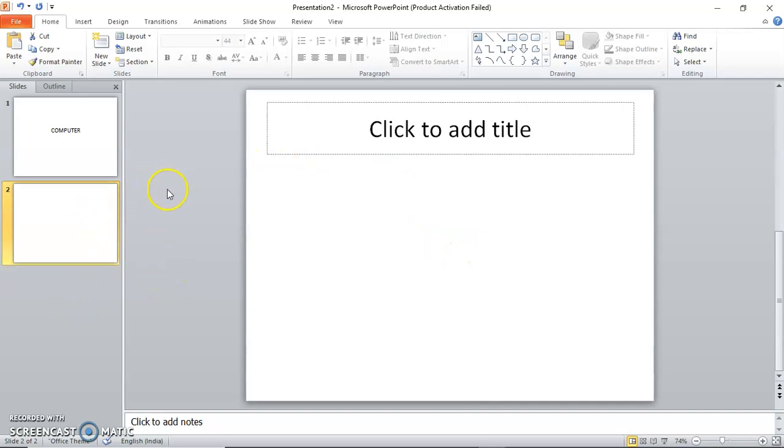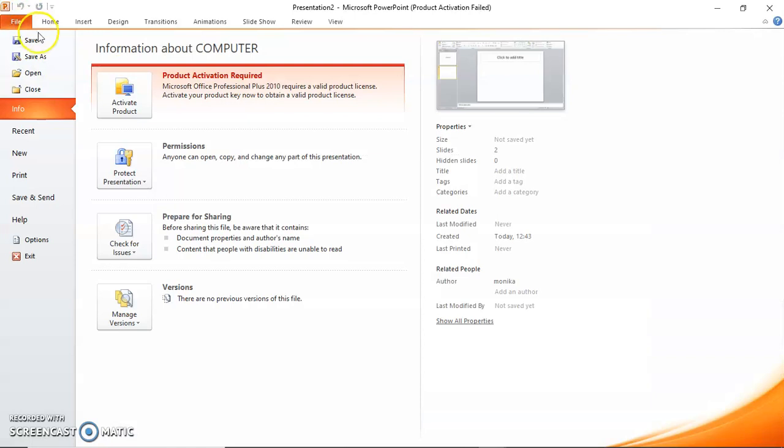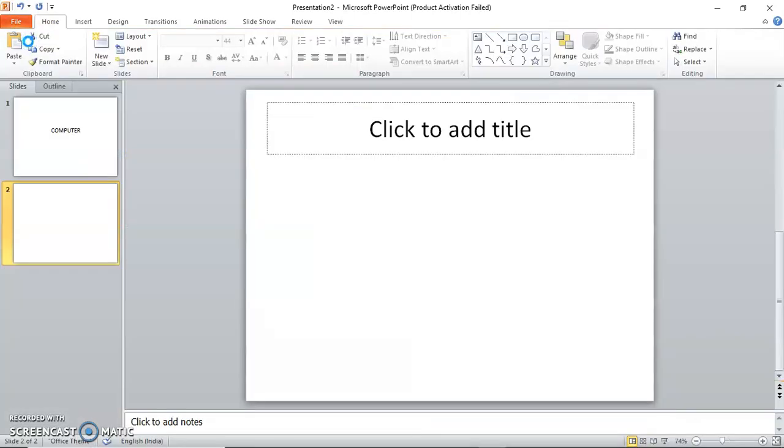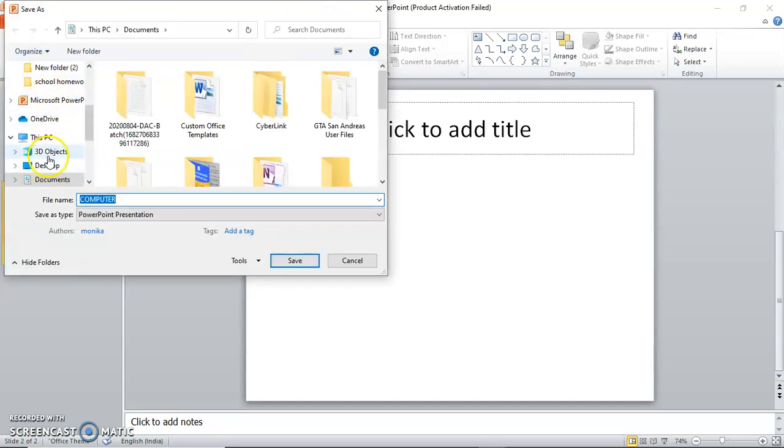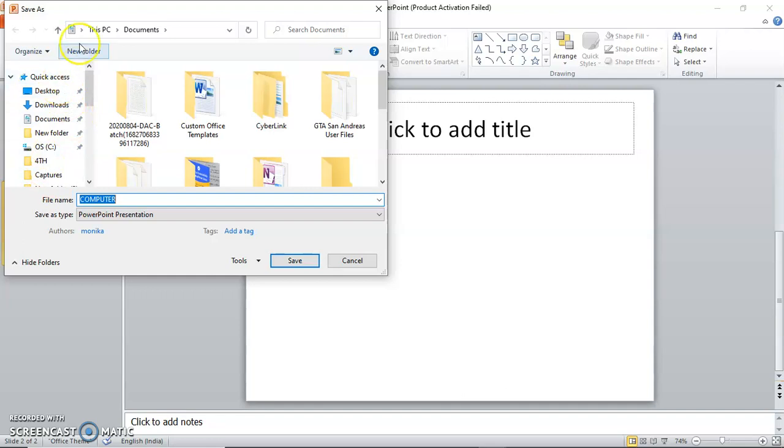Next is how you can save your presentation. If you want to save your presentation, you will click on the File tab. Click on Save. Now from here, you have to select the location, meaning where you want to save your file.